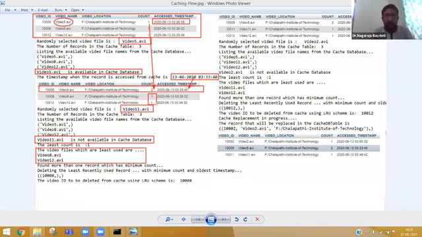What you need to do is compare the timestamp. One video is accessed at 3:26, another video is accessed at 3:46. So you need to remove the 3:26 video. You need to select the least timestamp. First thing is the least count. Second thing is the least timestamp, if there is a tie in the count. So in this manner, we will try to implement the caching case study.